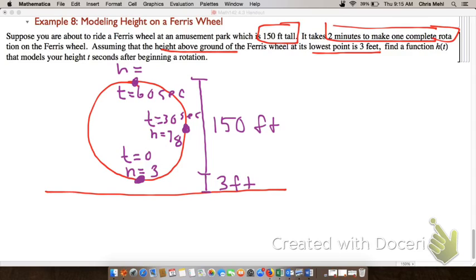The height is going to be the 3 feet plus 150, which is 153. 3/4 of the way through your ride, which would be after 90 seconds, your height is going to be, again, 78 feet. And then again, when you get back to 120 seconds,